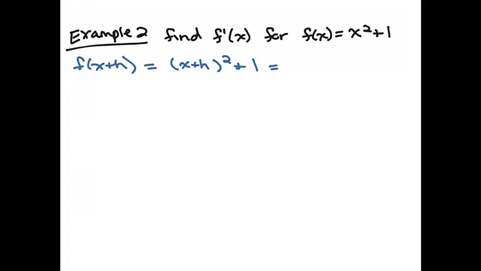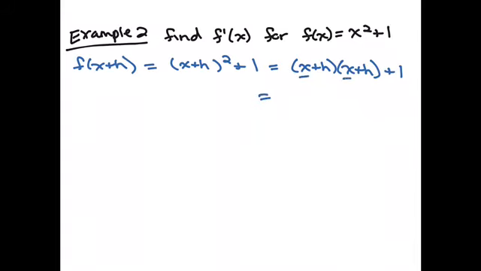And let's rewrite that so I can see that I need to multiply this out. That's x plus h times x plus h. And I rewrote it because a lot of times I see people say, oh, that's just x squared plus h squared. It's not. If we actually FOIL it out, it's going to have some middle terms. So when I multiply this out,